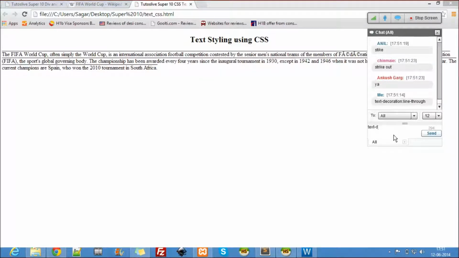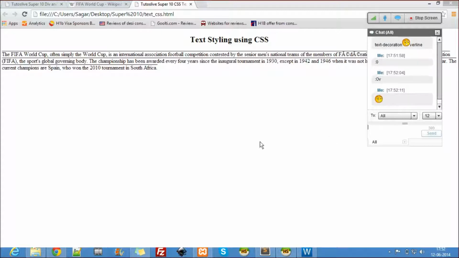And I'll tell you which style we will be using. Okay, I'm just showing. Oh, something has come up over there. I just typed this symbol over there, so it has come. Fine. So that is the text.